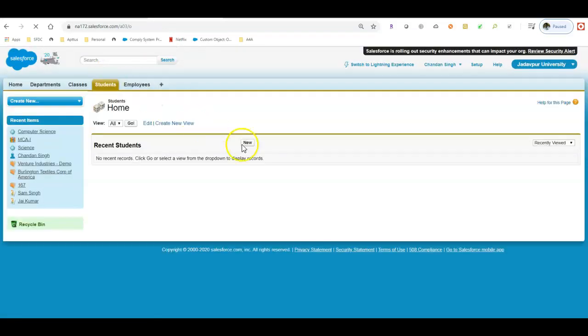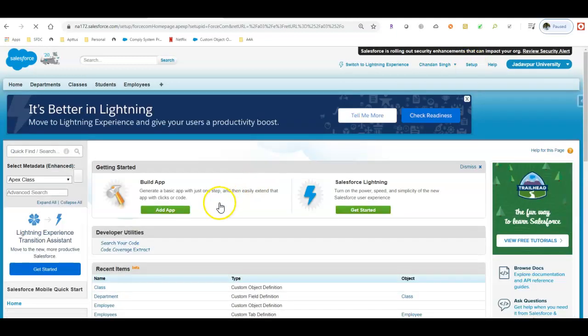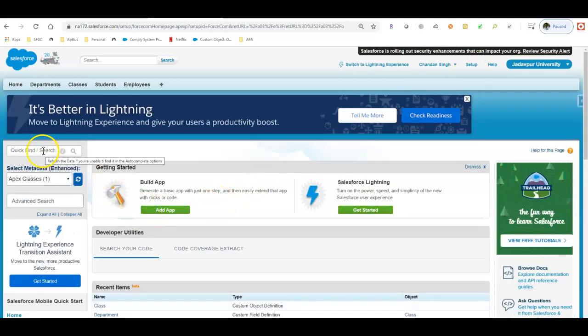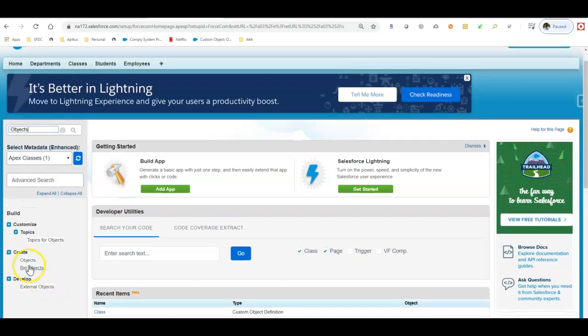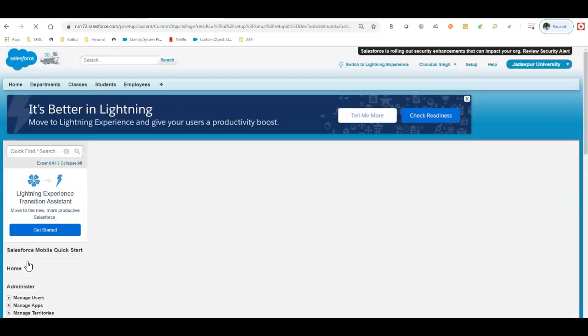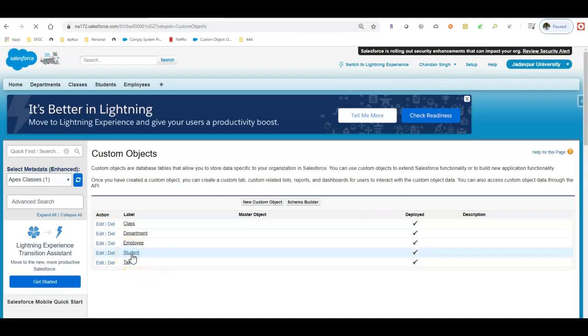Okay. So if you go here to student now, right now, when I create a student, I don't have an option to associate that student to any department or any classes. All I can do is just type the student here. So next I'm going to go back to setup again and create two lookup relationships. Okay, so I'll search here for objects. I'm trying to create lookup relationships on student, right? So I'll go to the student object,